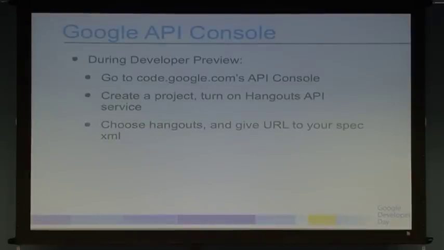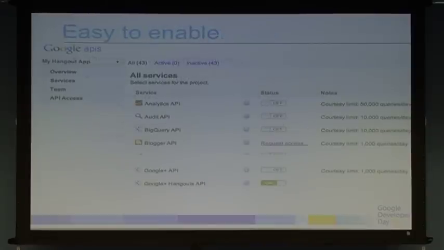So the API console, for those who haven't used it, is at code.google.com. And that's how you register with all applications on the Google Plus platform and other Google products. You create a project, agree to some terms, and add your app. Here's a screenshot of the console. You'll notice there's a little service. All you have to do is flip that on. It doesn't get simpler than that to enable Hangouts in your project.